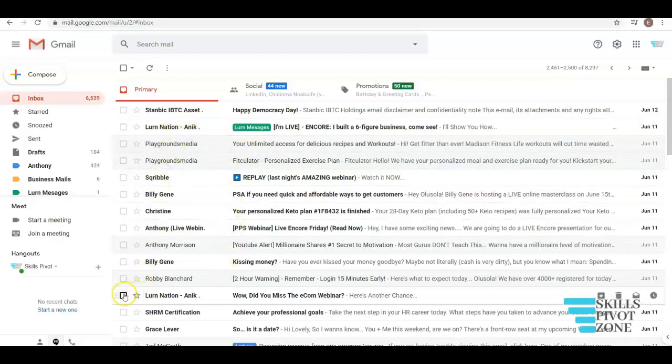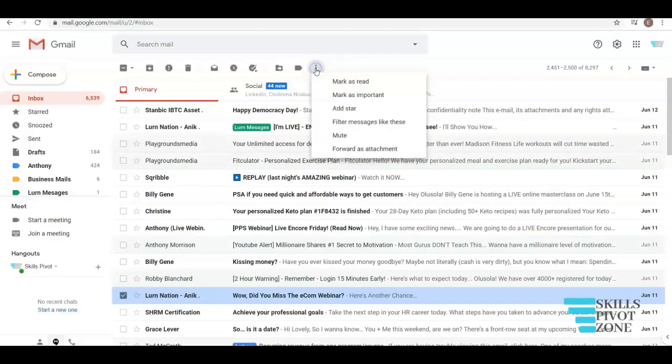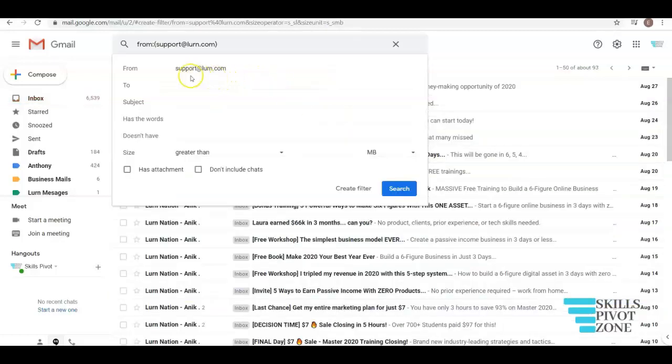This is loan. I can come here and click on the box right to the message, and then this time around I'll click the three dots up here and say filter messages like this. So once I click on filter messages like this, it says from support@loan.com. So this is what you need to do. You can click on the create filter right below here,